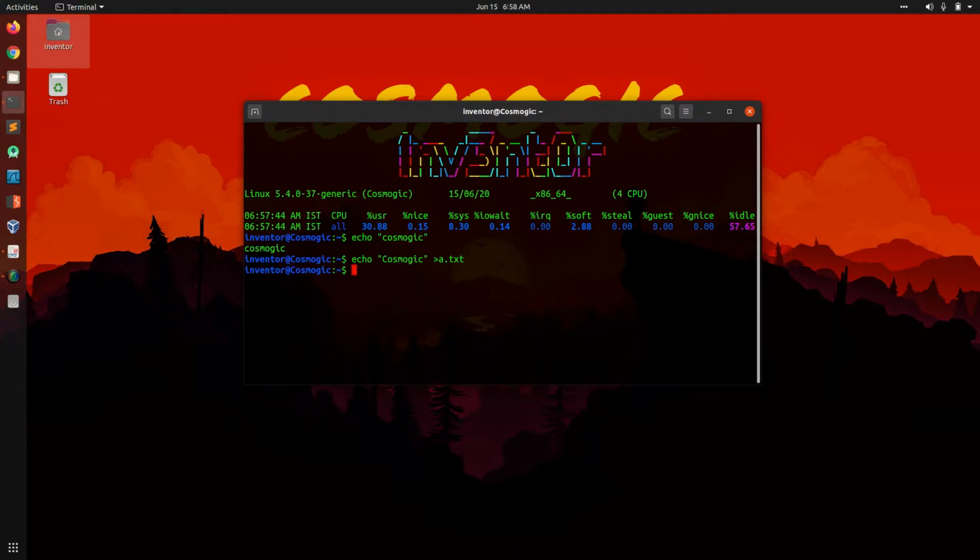So to see the content of a.txt, we will use the cat command, where we can see Cosmogic is displayed over here. Now in the same way I can give a string also, but now I want to give it in different lines. So we can use -e for that in combination with echo.